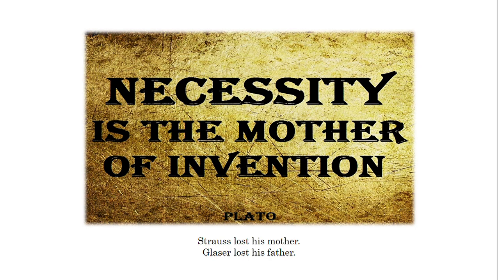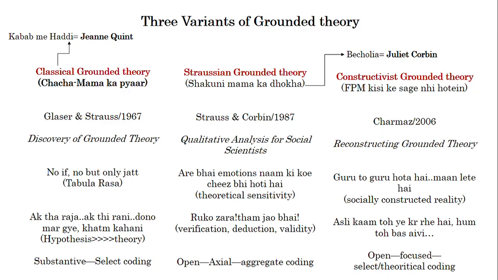So if you really want to refer to the classical grounded theory content, you must refer to the 1967 work of Glasser and Strauss. Another important thing is that Strauss and Glasser were not the only two people who were involved in research on grounded theory initially. So the classical grounded theory also included Jane Quint, and they in fact wrote some research work in 1963 or 65, but it didn't get the name and fame that Discovery of Grounded Theory was attributed with, and even today, Discovery of Grounded Theory is heavily cited.